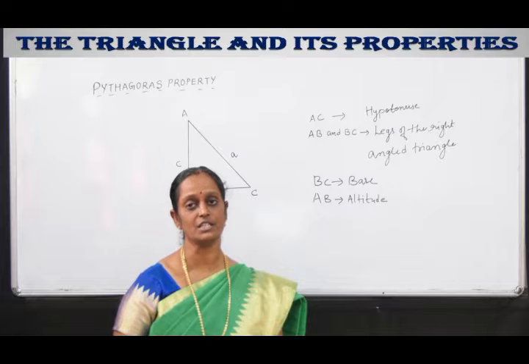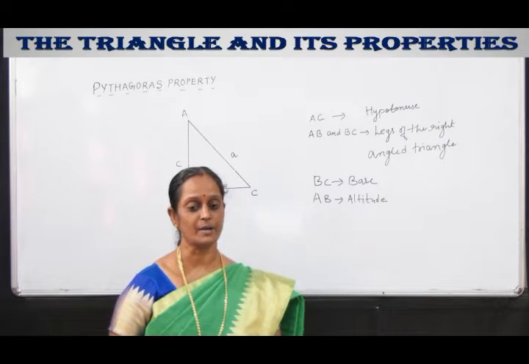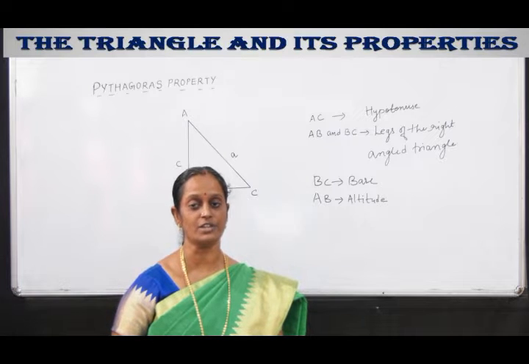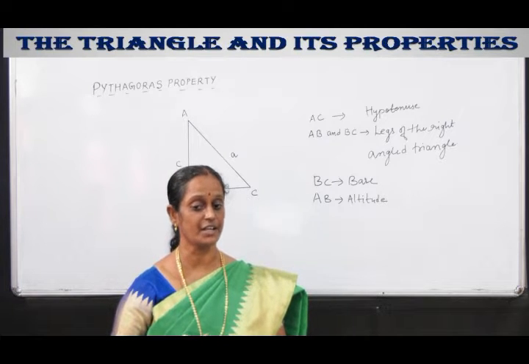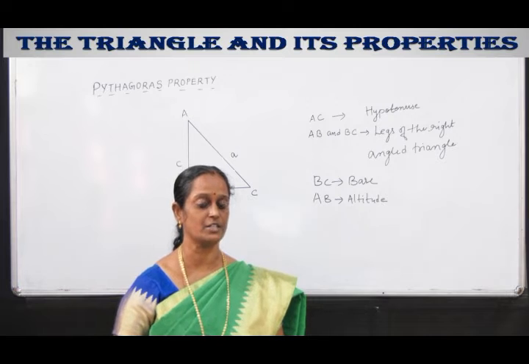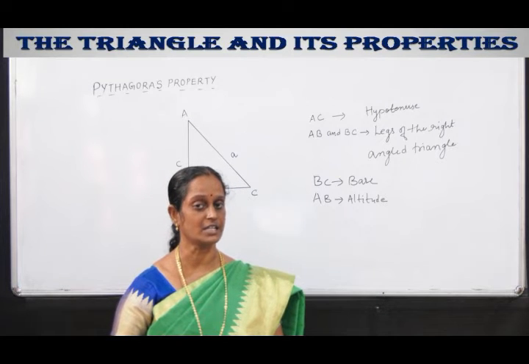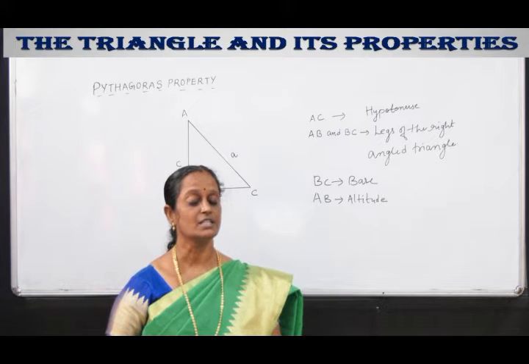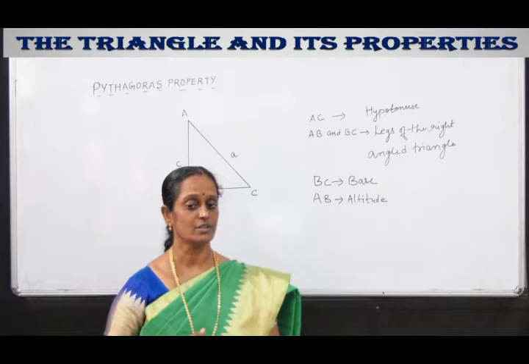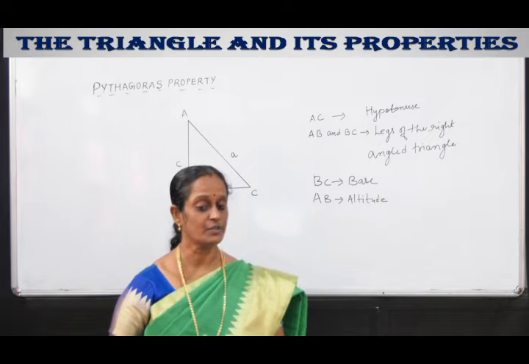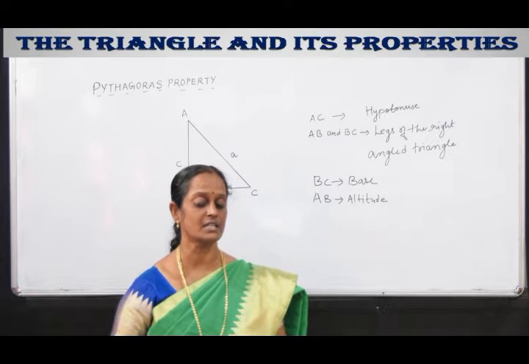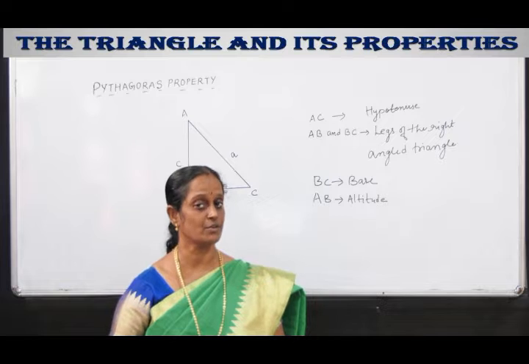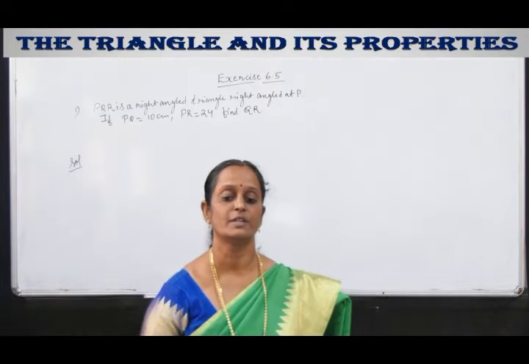This property is known as the converse of the Pythagoras property. अगर जो है Pythagoras theorem होल्ड करता है तो ट्रायंगल जो है राइट एंगल ट्रायंगल ही होगा। हमने जो पढ़ा था पाइथागोरस प्रॉपर्टी, जिसमें एक राइट एंगल ट्रायंगल में जो हाइपोटेन्यूज स्क्वायर इज इक्वल टू सम ऑफ द स्क्वायर्स ऑफ द टू लेग्स। और अब जो है इसका कन्वर्स क्या है, अगर किसी ट्रायंगल में पाइथागोरस प्रॉपर्टी होल्ड करता है तो वो ट्रायंगल राइट एंगल ट्रायंगल ही होगा।